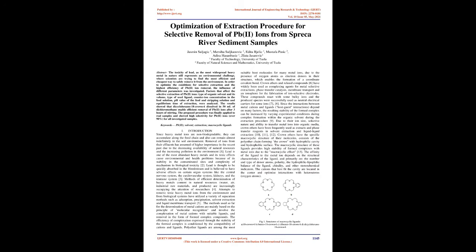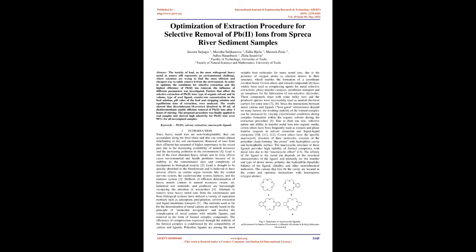Crown ethers and related compounds 6 have widely been used as complexing agents for metal selective extractions, phase transfer catalysis, membrane transport, and as an ionophore for the fabrication of ion-selective electrodes. These compounds react with some bulky ions, and the produced species were successfully used as neutral electrical carriers for some ions. 7, 8. Since the interactions between metal cations and ligands, host-guest interactions, depend on many factors, the resulting stability